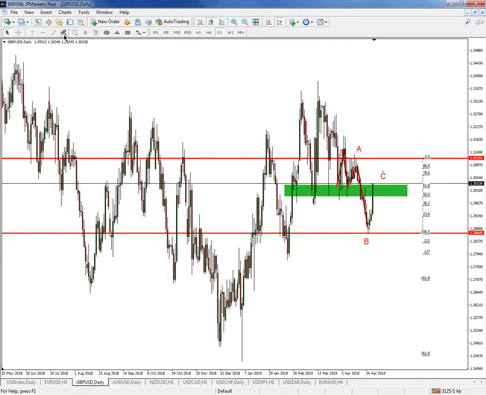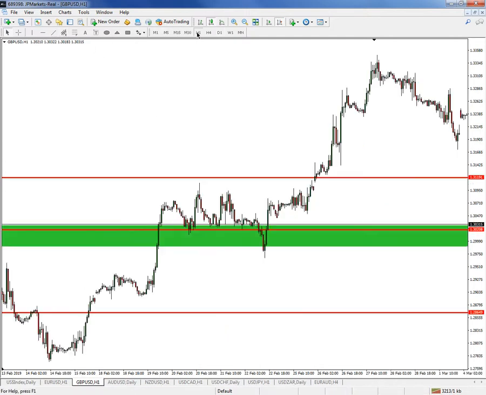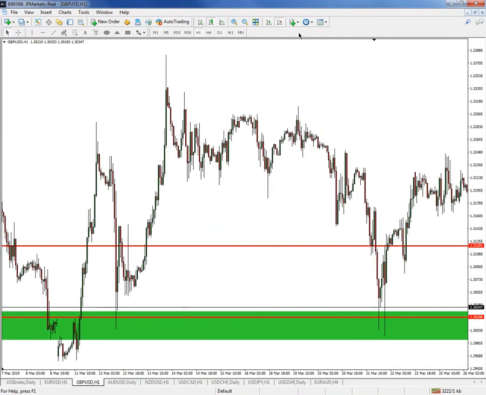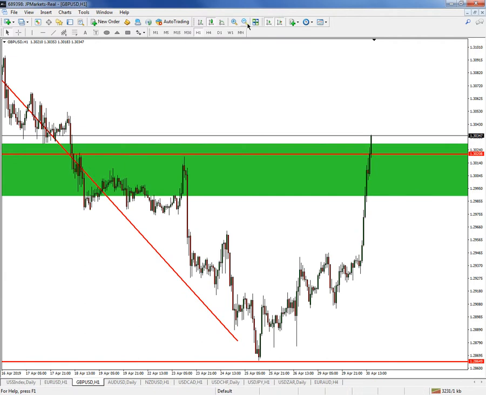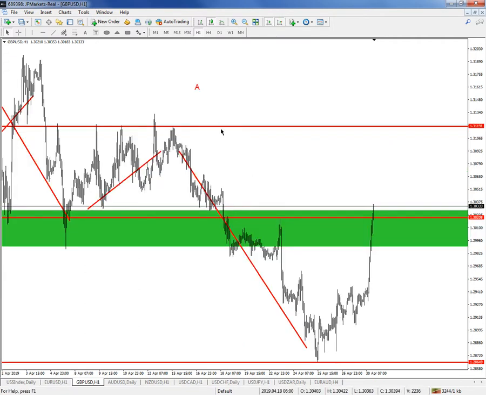And I find, yes, one of my other golden fibs is now sitting around this area, 61.8. I want to see the market pull down and close below this. Remember, this is daily candles. This candle will only close after 12. So this candle can still pull all the way down here, giving one nice long wick. But on a 1 hour chart, what I would like to see is this double top.